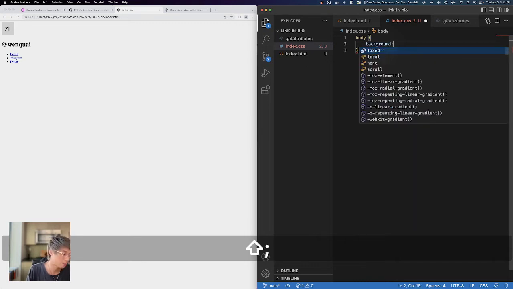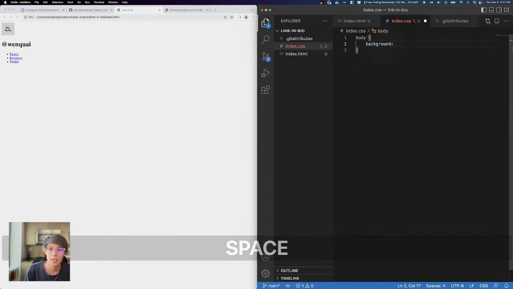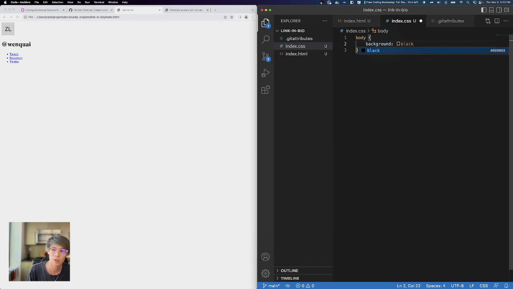I'm just going to use background. And then for black, there are many ways to do black. You can just write the word black, which will give you that color. Or, I don't know if you can see this on the right, you see a hash and then